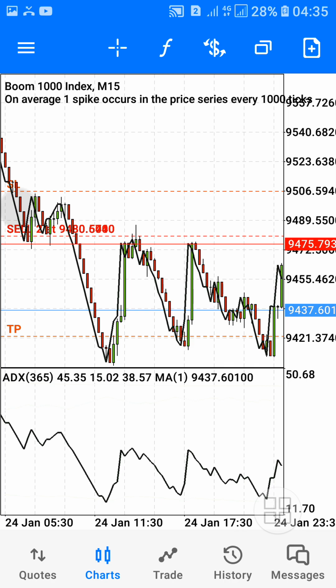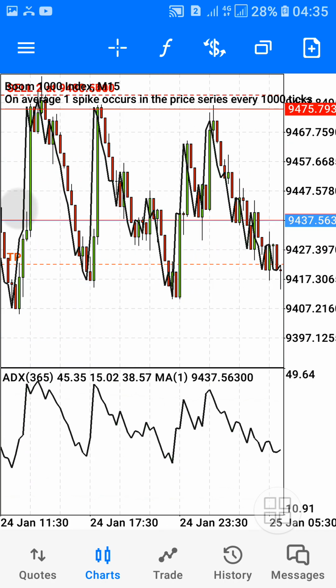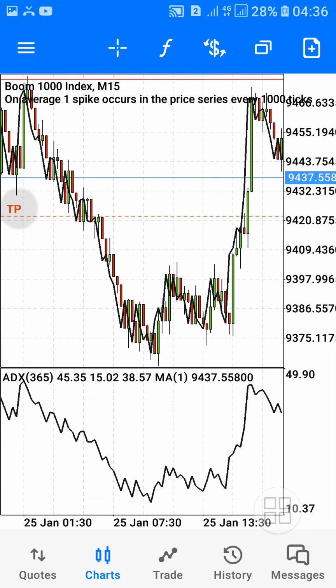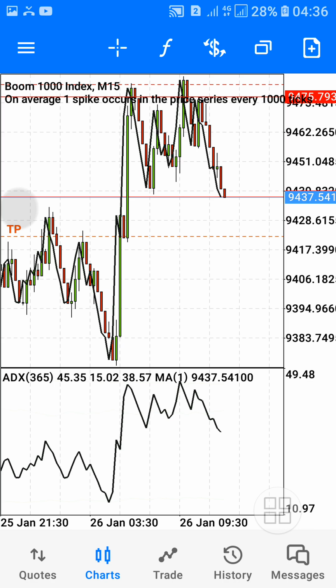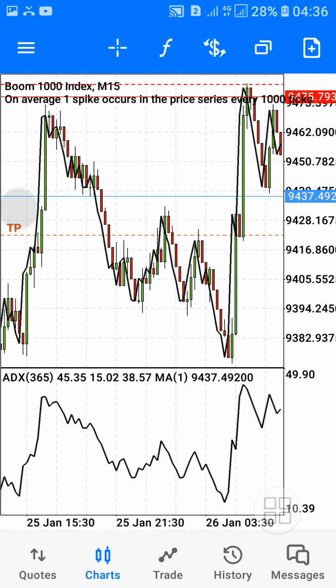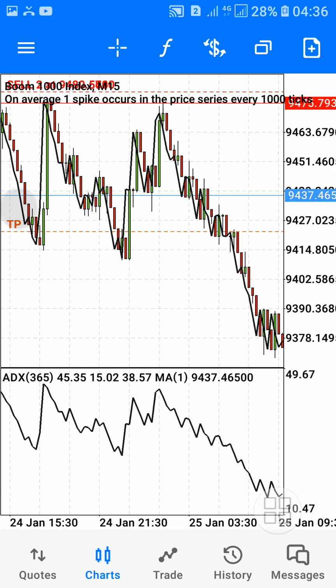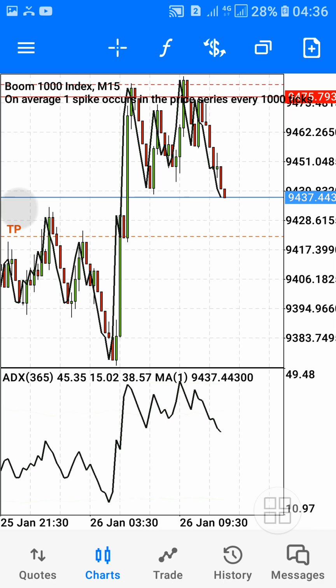So what I am going to be doing is to take advantage of that. I exercise patience. If I want to catch the spike, it gets to this level, and I'll start planning myself for the spikes. Or I also exercise patience, it gets to these levels, and I'll start planning myself on how to scalp. So this one here, I am talking about how you can scalp whenever the market is ranging, or catch the spike.